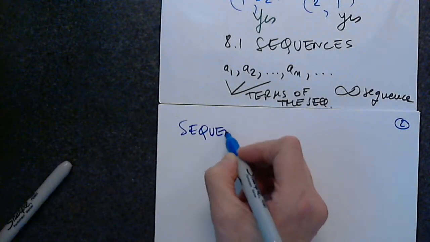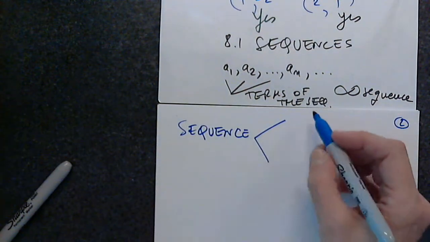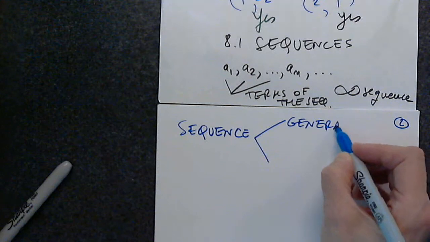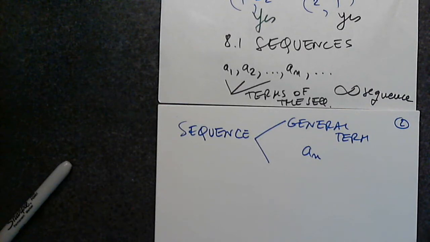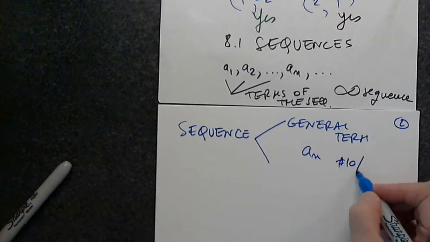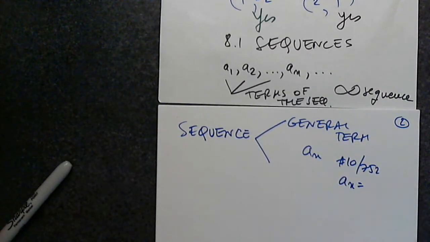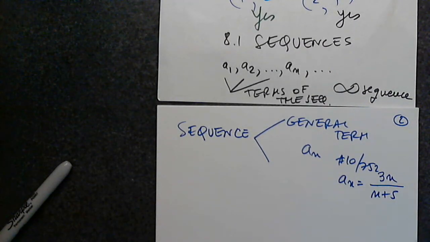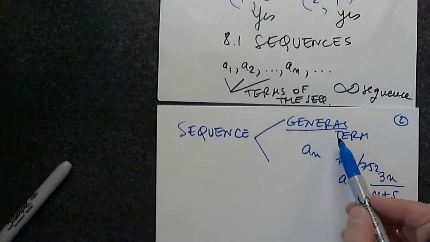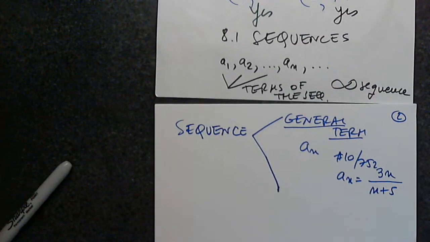Sequence, general term, which means an. That's the general term. And I'm going to pick an example right now. Let's say on page 752, problem 10. We are given an, the general term, 3n over n plus 5. So a sequence can be given to us as a general term, or